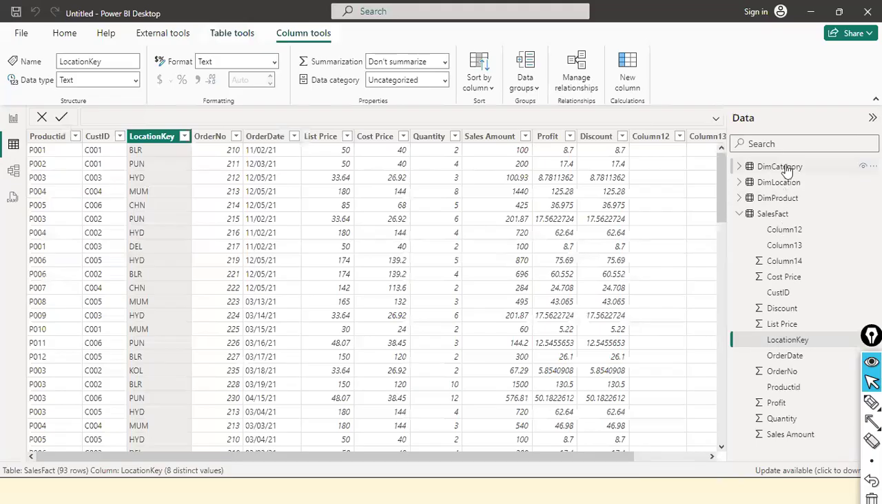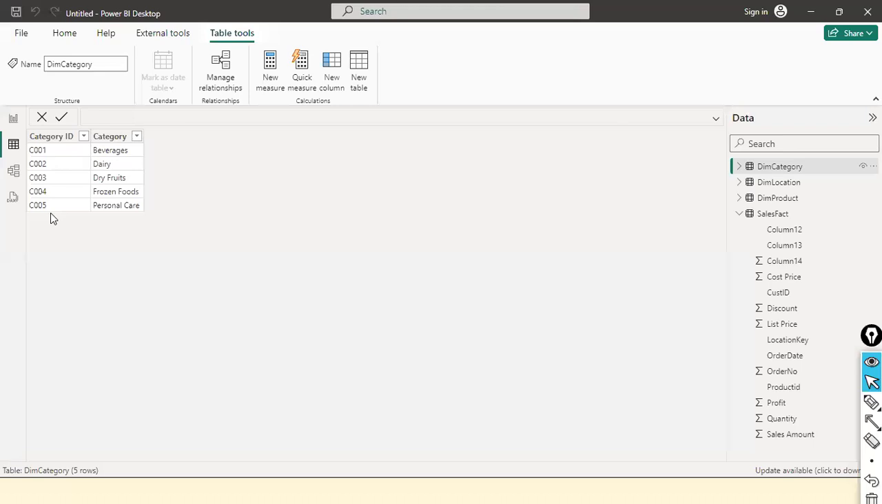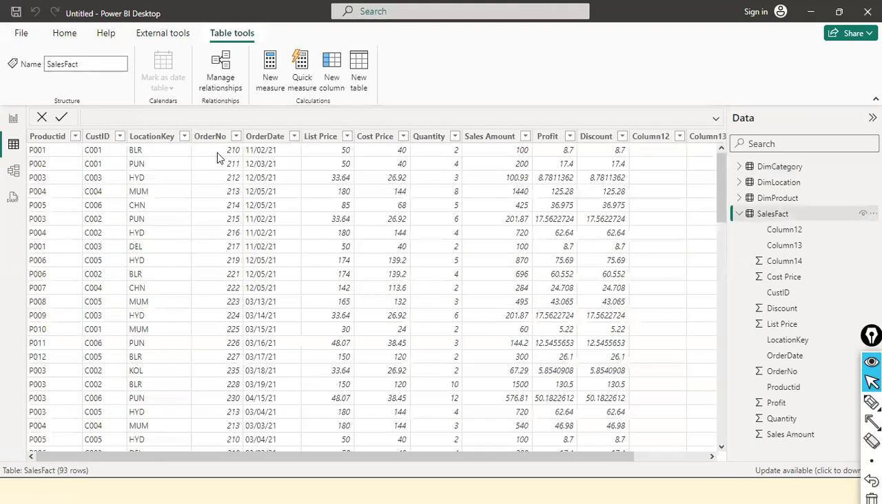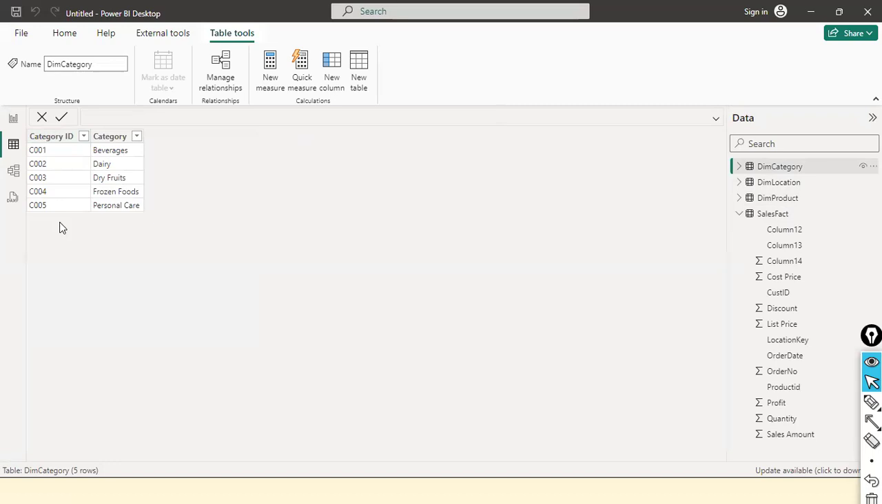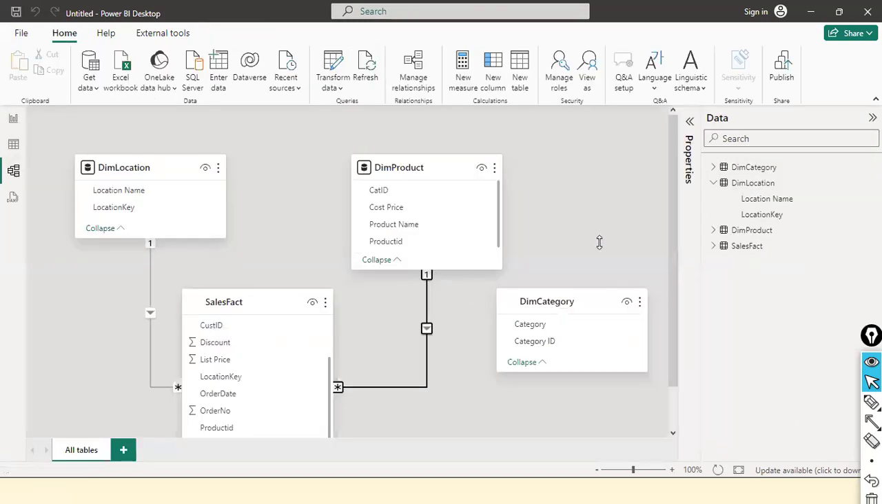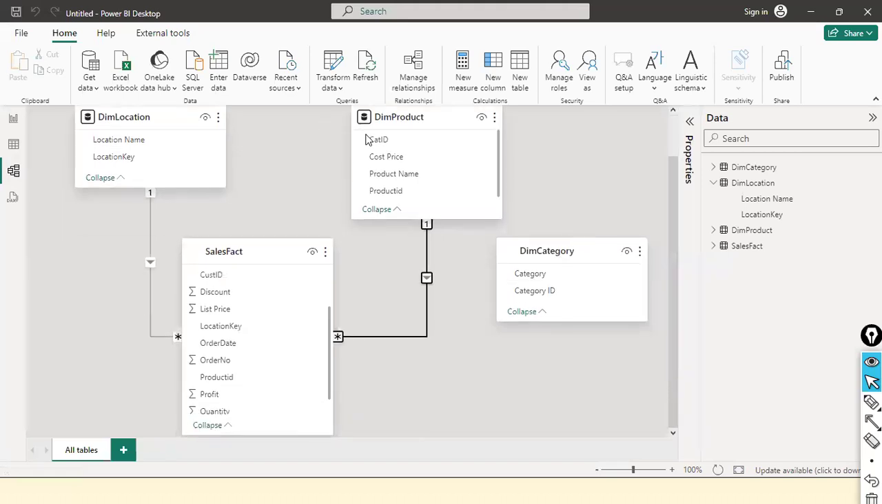For example, dim category, the category ID is there, and then the sales fact table. And here, sorry, the product table. Okay, in the product dimension table, you see the cat ID. Here, C0001 is there. The same thing you can see, C001. But there is a category dimension table. There's a product dimension. In this case, I'm going to link, drag and drop the cat ID on the category